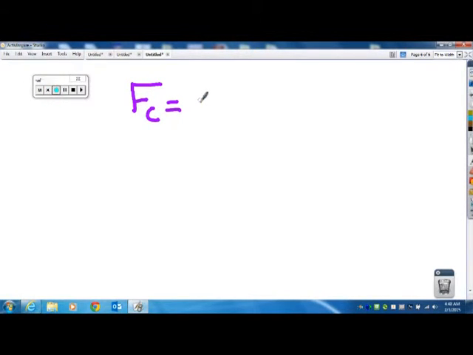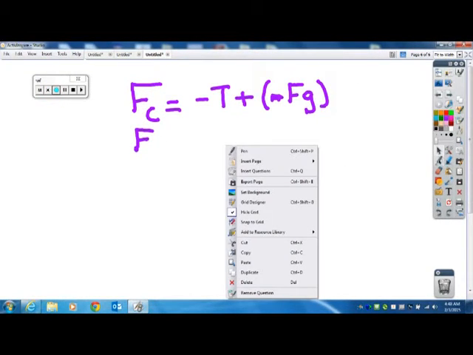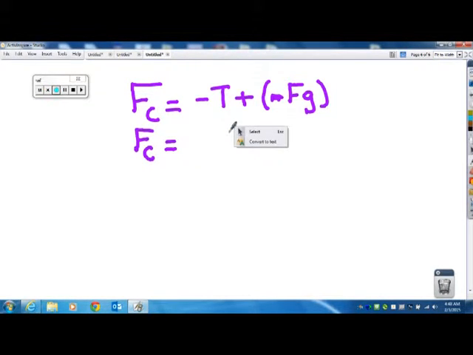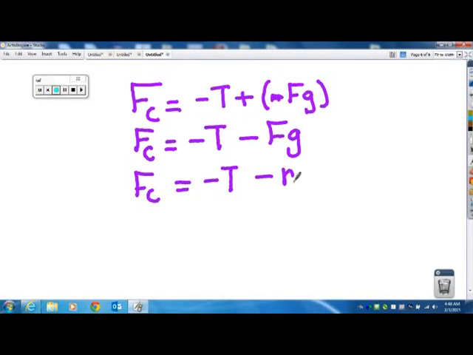So you can say, okay, one of them is my tension force, and the other one is my force of gravity, and the force of gravity is right here. So this just simplifies to minus the force of gravity,